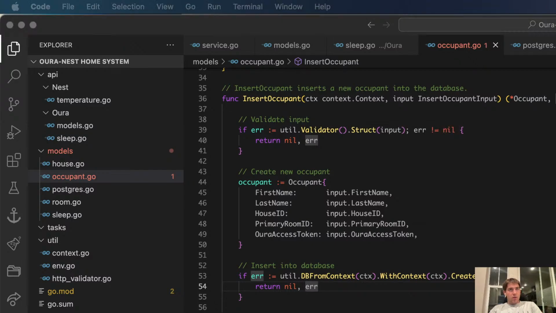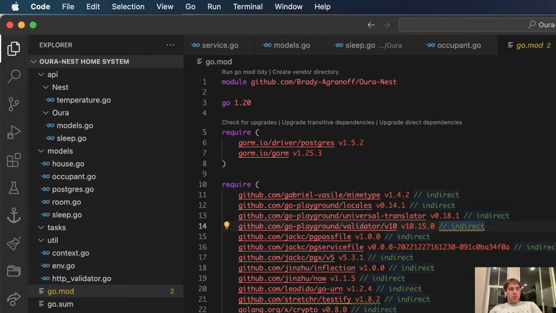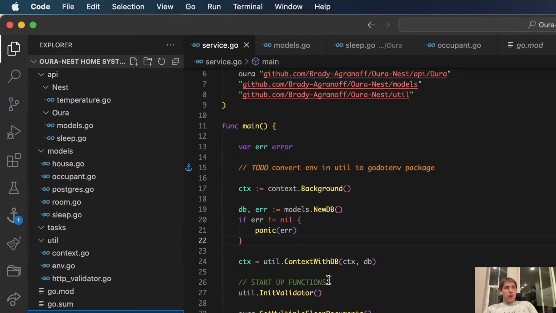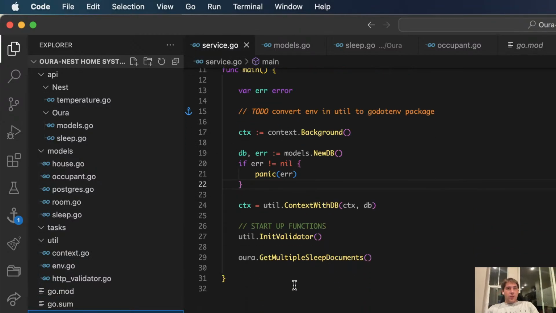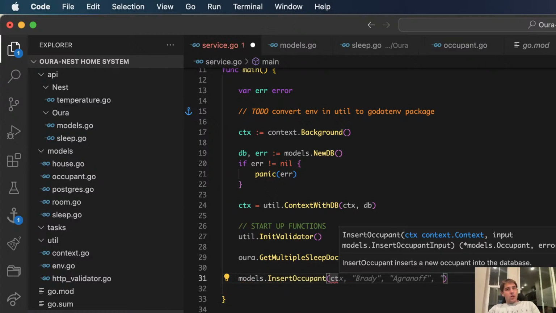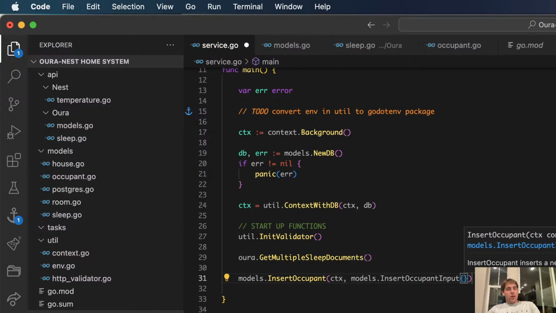It's stupid. And then let's return occupant. No, redirect. They're running go mod tidy. Let's see. Then I'm gonna go ahead and run a models dot insert occupant context, models dot insert occupant input.